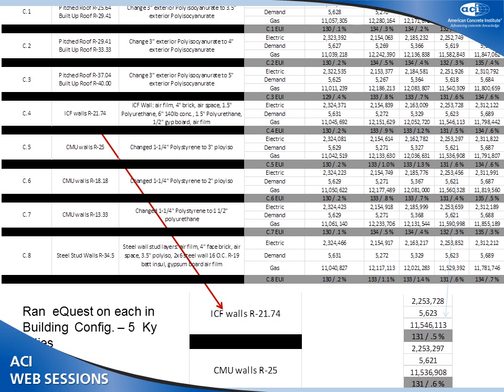Okay, so we went through and ran a bunch of these things. If you take a look up in here, I've expanded this out, and you could look at going with ICF walls versus our standard cavity wall. We get an R increase of about 10 for the difference in the walls, but we only get less than a 1% reduction in overall energy use within the building.